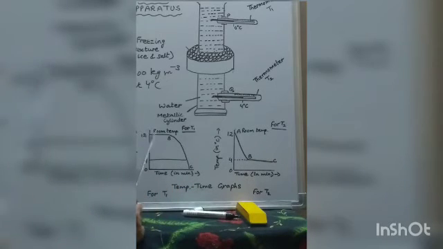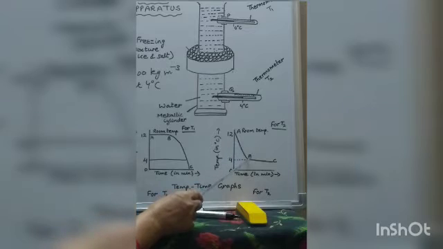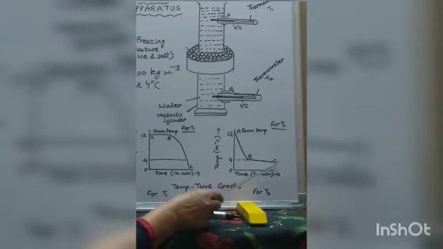For T1, first it remains at room temperature, then it comes down and falls to 0 degrees Celsius. For T2, from 12 it is coming down to 4 degrees Celsius, and then it remains steady at 4 degrees Celsius only.